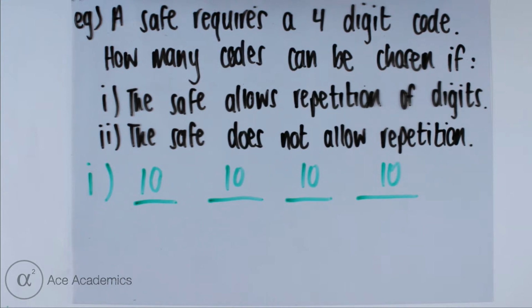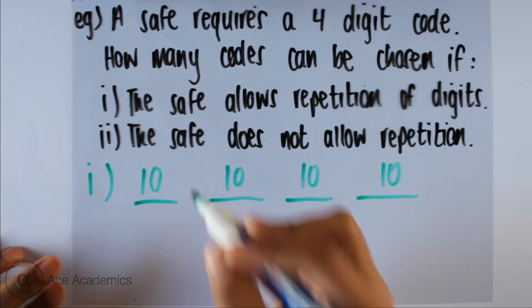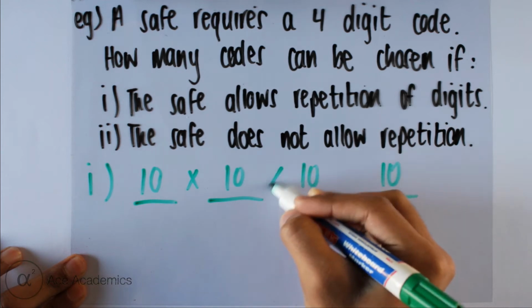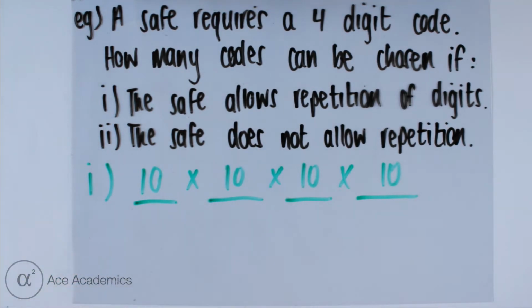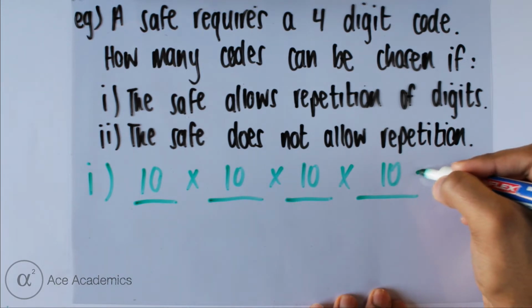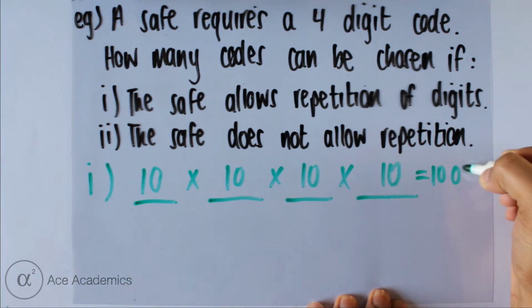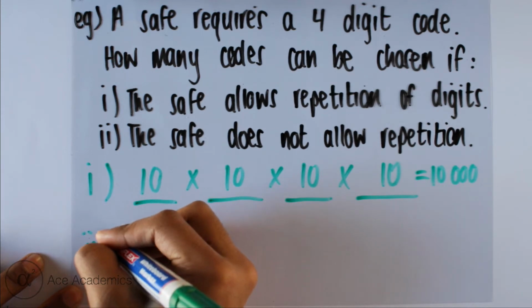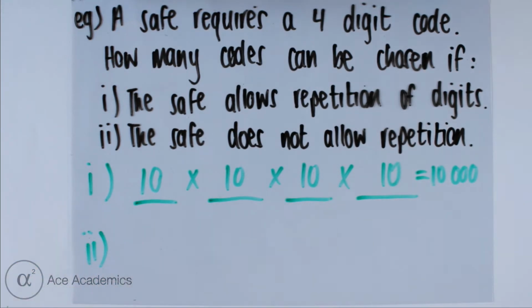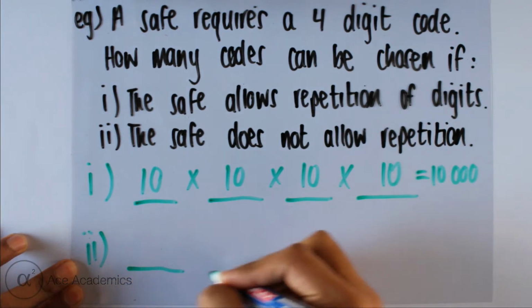So in order to get the total amount of combinations, it's simply 10 multiplied by 10 multiplied by 10 multiplied by 10. And that gives us 10,000 combinations. Now for the second one. The second one says the safe does not allow repetition of digits. In that case,